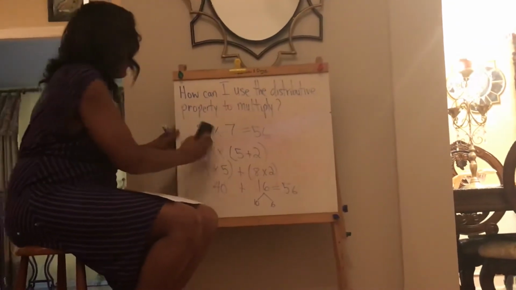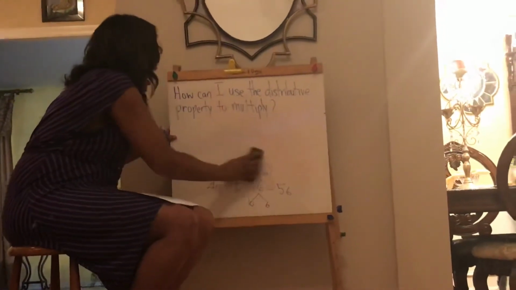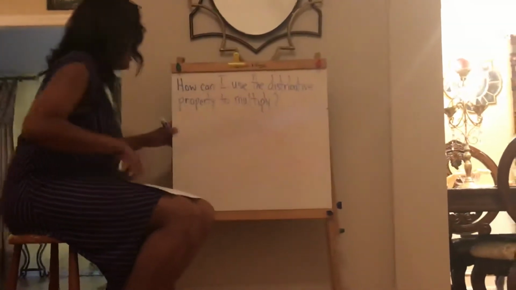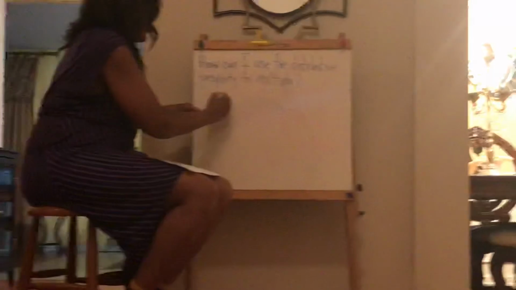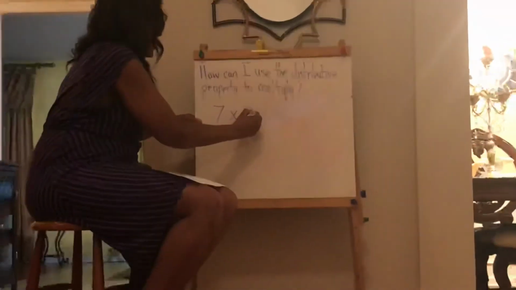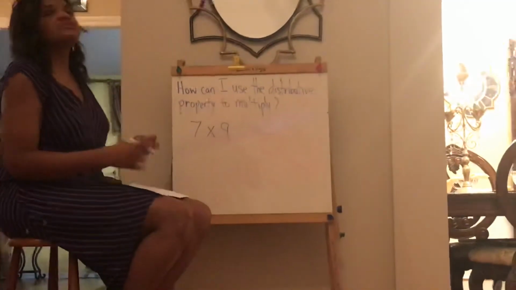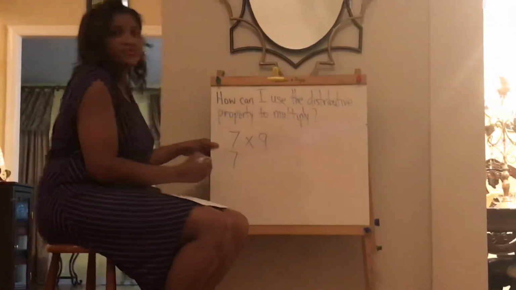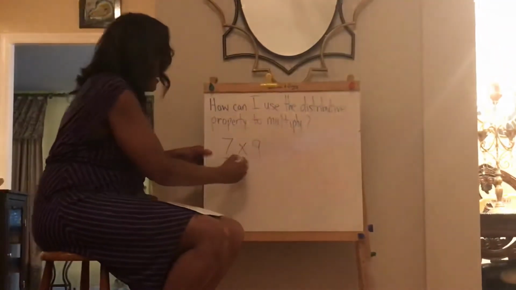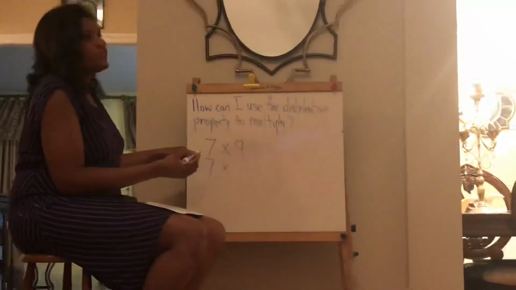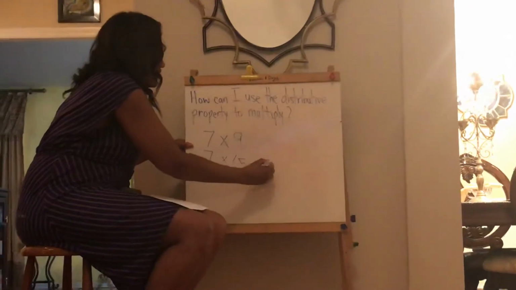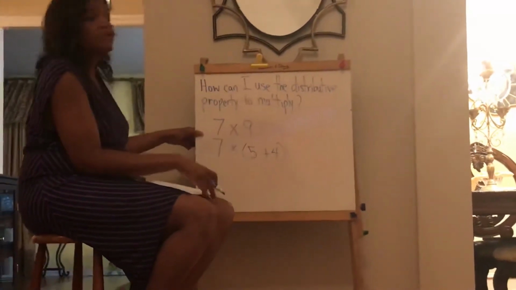All right, let's try another one, and you can pause the video and do it ahead of me. Some other big numbers: 7 times 9. Once again, I will leave the first factor 7, but I will break up my 9. So 9 can be broken up into 5 plus 4. 5 is a much friendlier number, and 4 is just a little bit smaller, so it might be a little